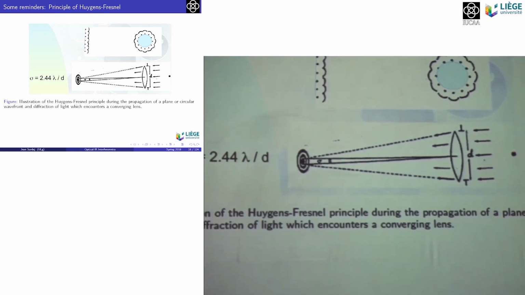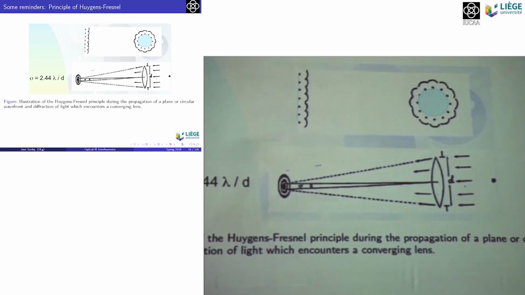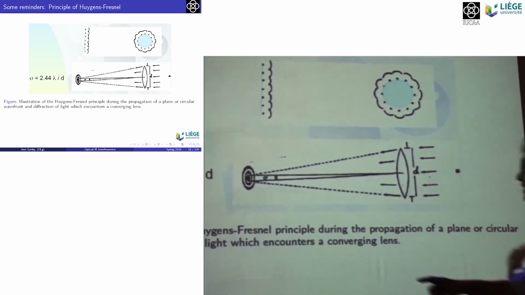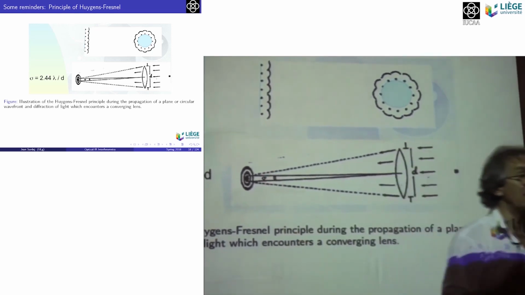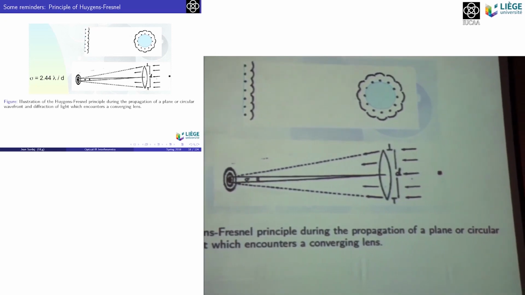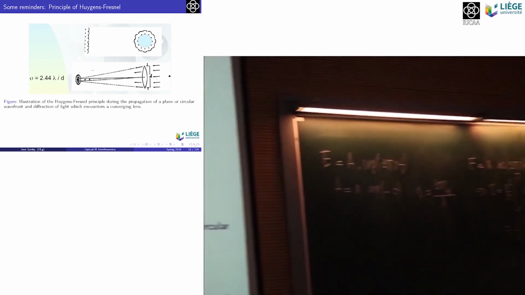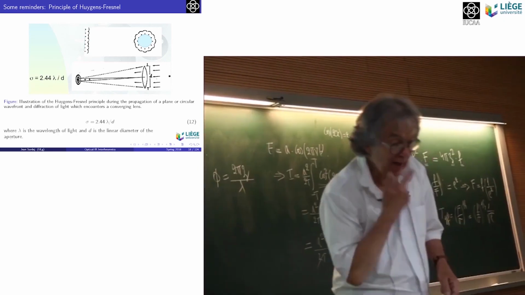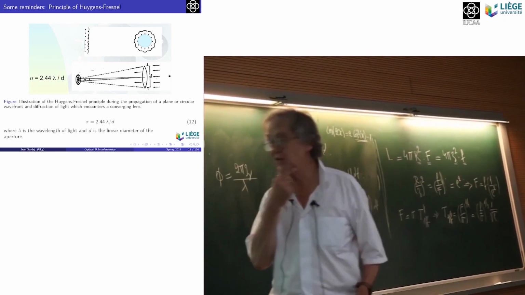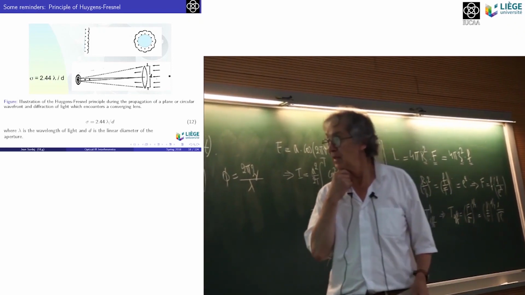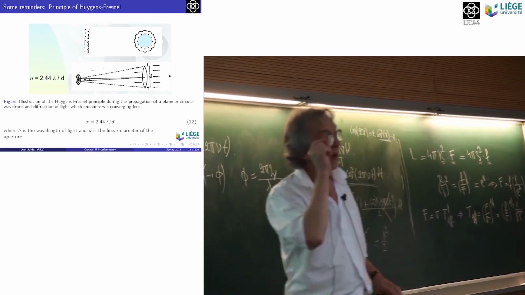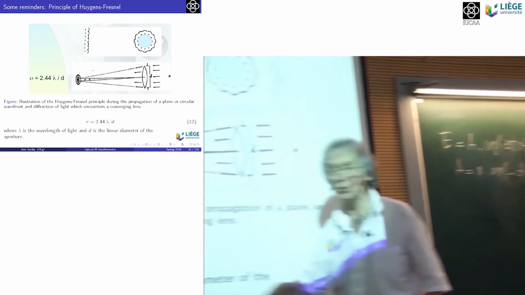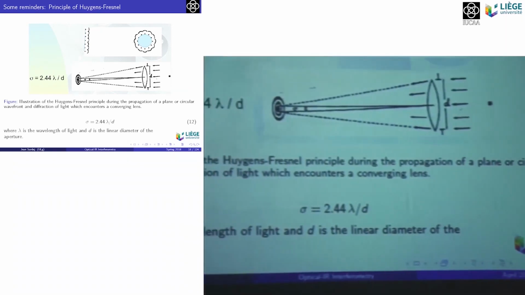So you see that during these lectures, we will develop the tools to estimate exactly what the size of the Airy disk is, and what expression accounts for its light distribution. Now, this is interesting for the experiment that we shall do in a moment. The angular resolution of our eye is given by the same expression, 2.44 lambda over d, where